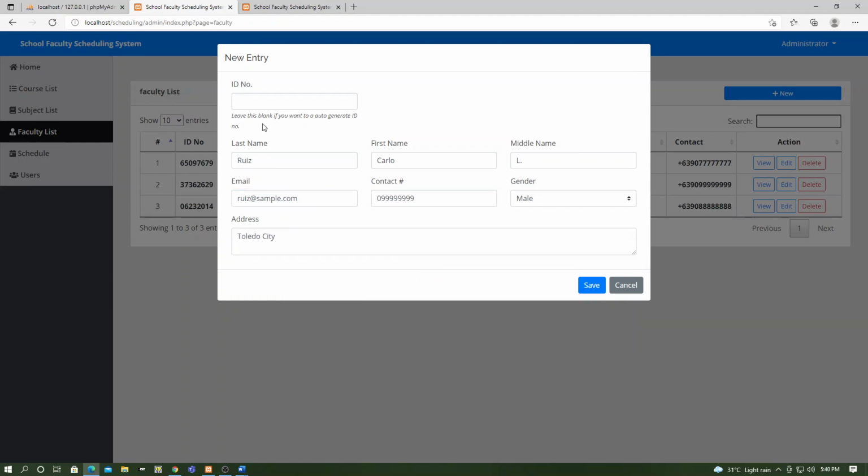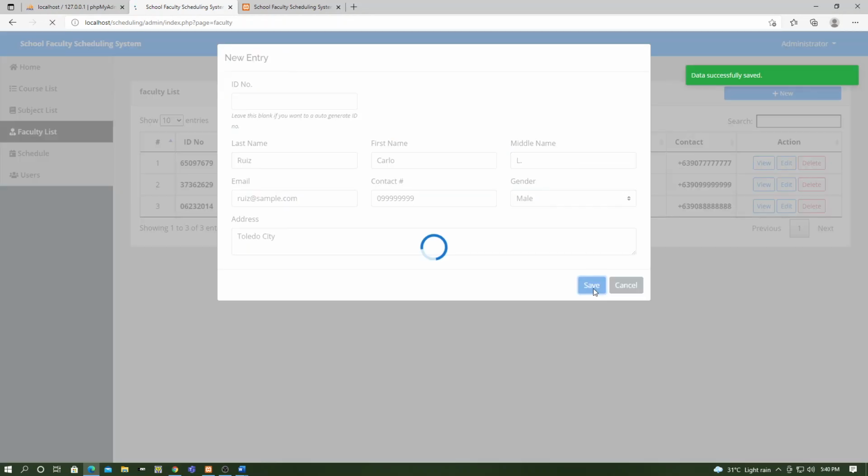Leave the ID number blank if you want to auto-generate it. In this entry, just leave it blank to auto-generate the ID number. Okay, we click save, and Ruiz Carlo will be added in the faculty list.